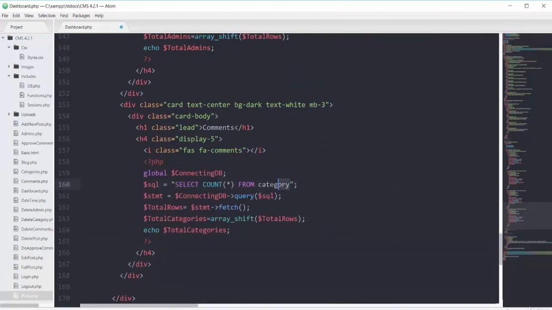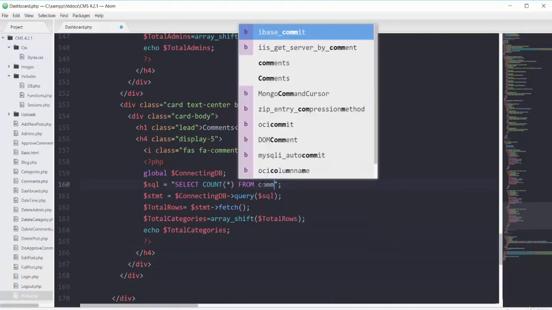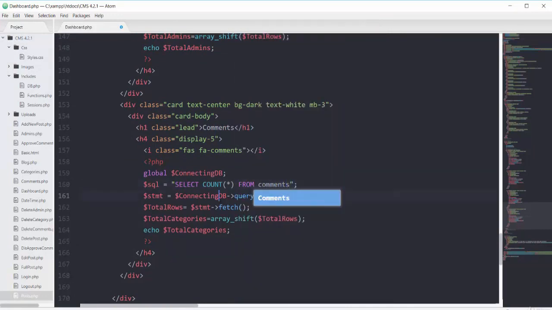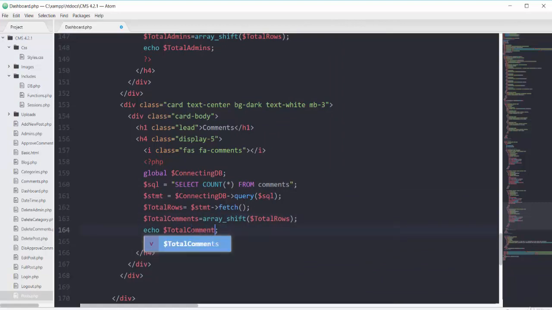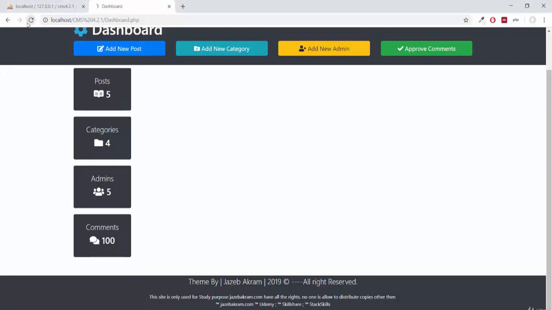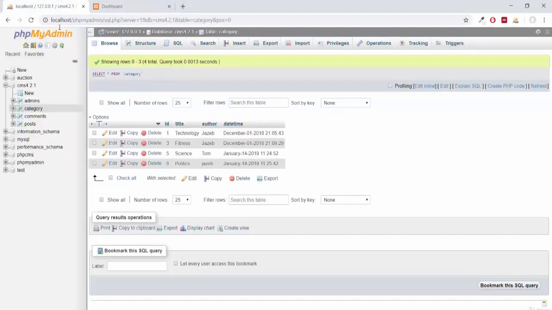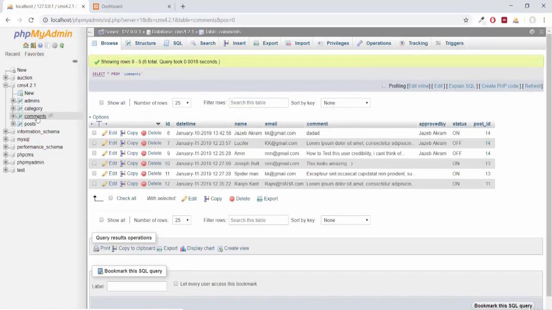From my table of comments, and we will have this variable of total comments and comments here. See, we have only 6 comments. Let's confirm our comments. So 1, 2, 3, 4, 5, 6.